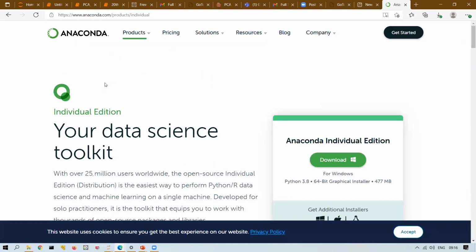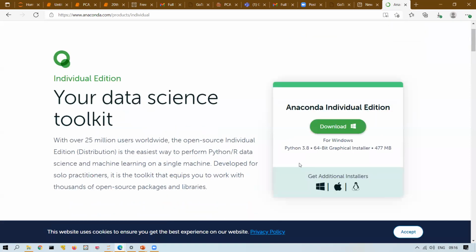It's an open source distribution of Python, and it is a toolkit. Toolkit means not only Python, but you will also get IDEs installed along with Python. So you will get Spyder and Jupyter Notebook, 2 IDEs, Python, and other packages.